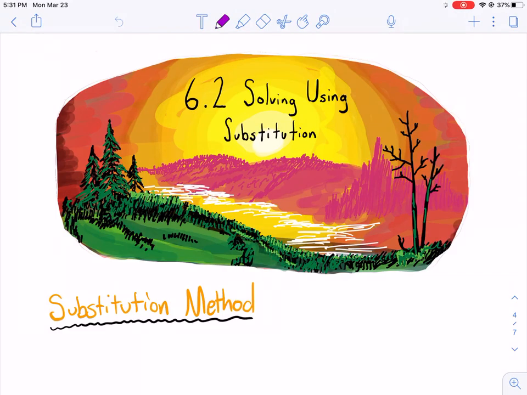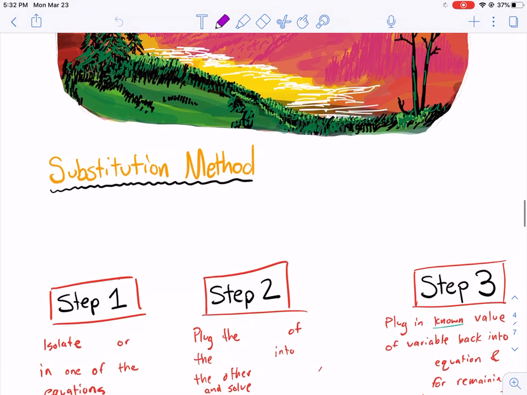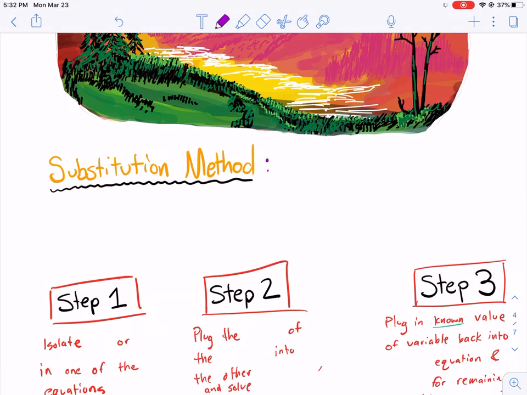Welcome back to 6.2, solving using substitution. This is solving systems of equations specifically by substitution. We already learned in the previous videos how to do it by graphing. Now we're going to do it algebraically by substitution. And the substitution method is the replacing